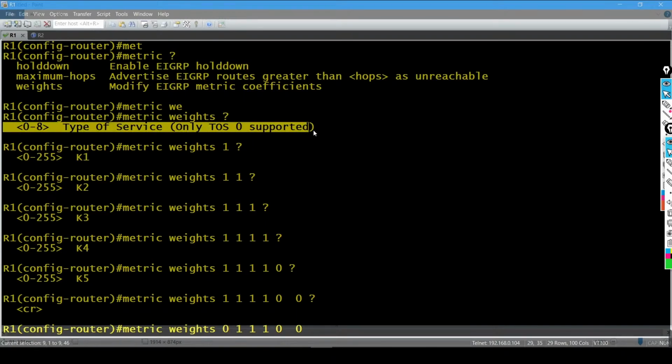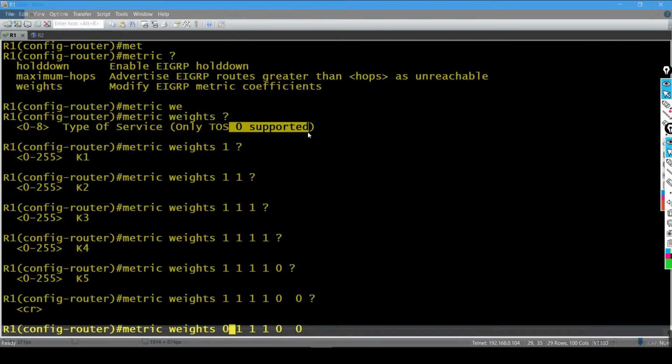It is for future use, right? Maybe in future, if an organization launches something like quality of service, that's why they have put these things here. But now technology is not using quality of service to calculate the metric. Maybe later in future it will use it, then it will support from 0 to 8, but now it's supporting only 0. So there are lots of commands which are not supported, but still exist on the router for future use,